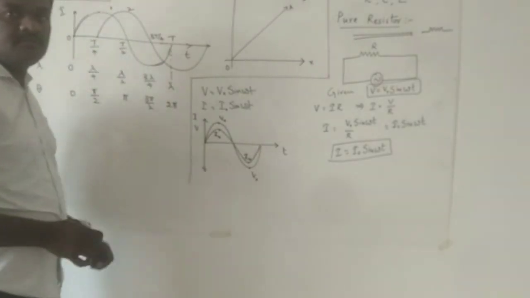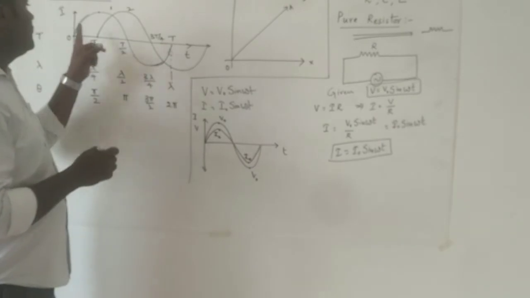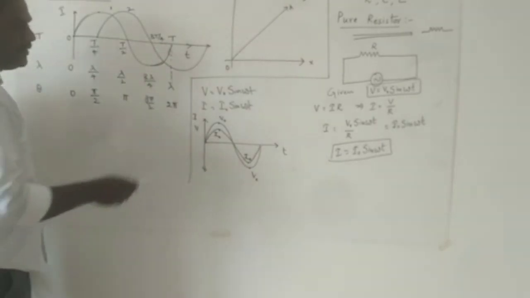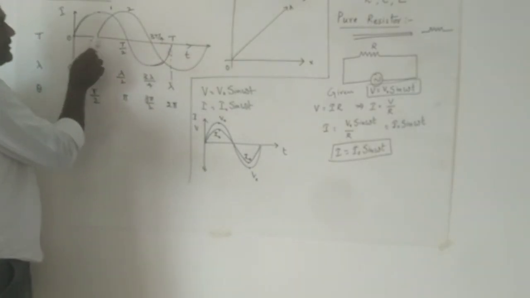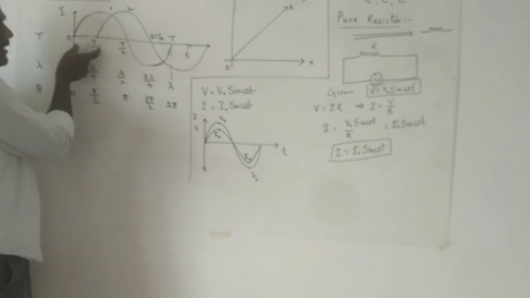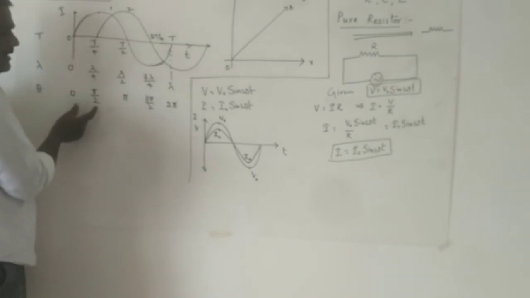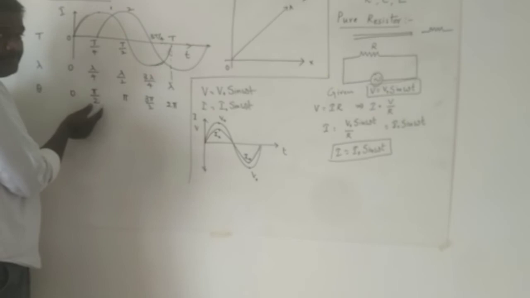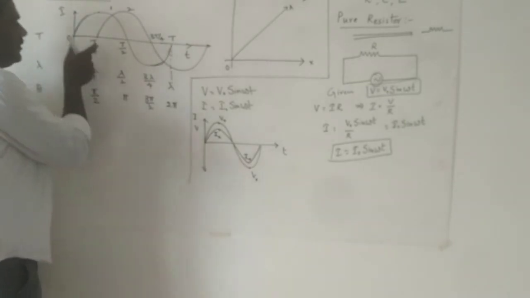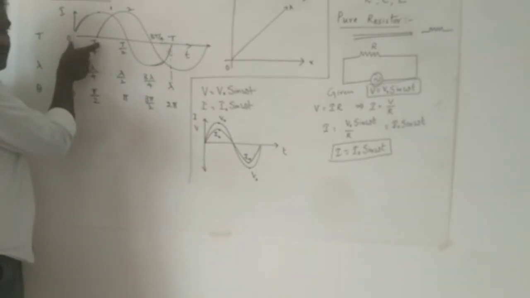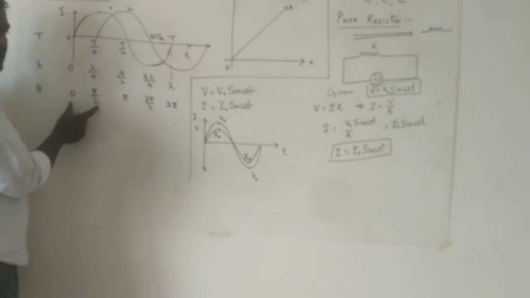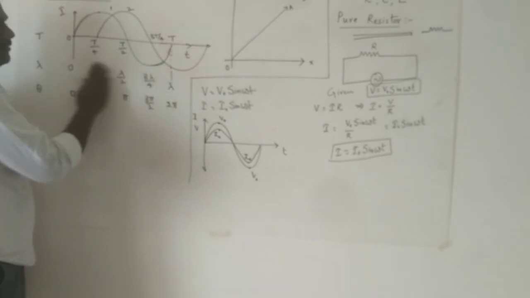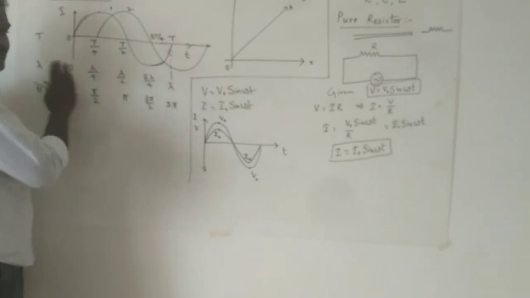Hope you understood. Now if you observe this diagram and this diagram, the first wave and the second wave, if you compare, there is a time lag of T by 4 seconds, or you can say a time lag of 90 degrees in terms of angles. Phase angle in terms of time is T by 4 seconds, in terms of angle 90 degrees. This we don't require here, just for the reference of given.